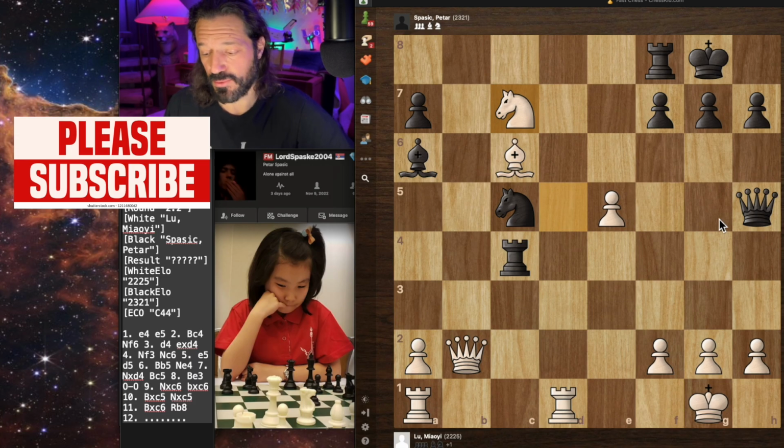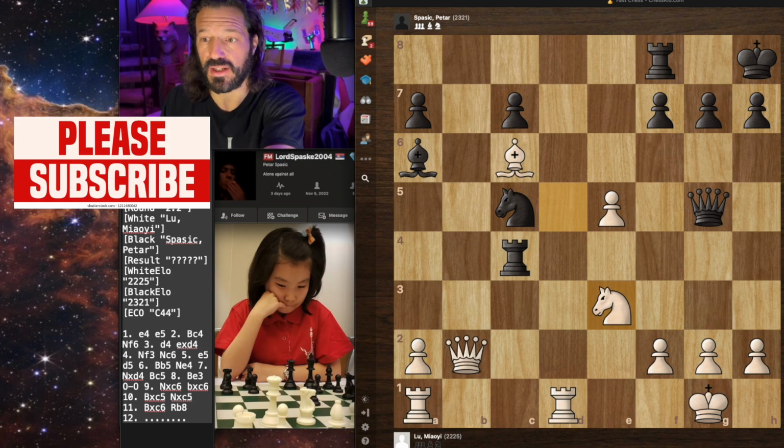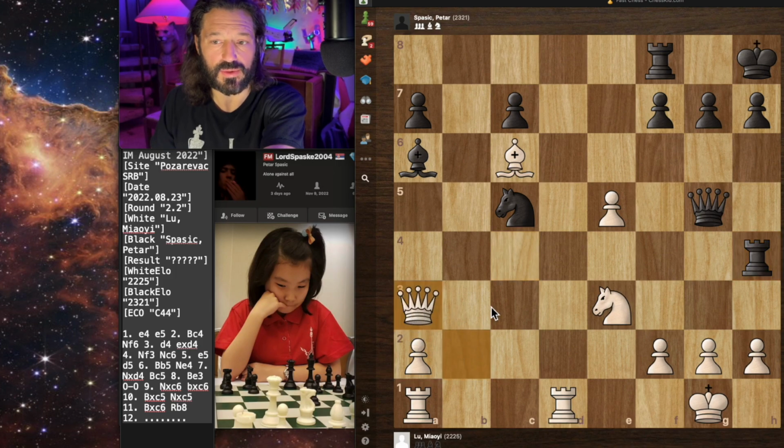Let's go ahead and go back to what actually happened on the board. That was kind of a short variation. So Petar played king to h1, and now Lu Maoyi plays knight to e3, and now Black, the FIDE master, plays rook to h4 here, and that is the best move he could play in the position. And now Lu Maoyi plays queen to a3, attacking the knight here, just putting pressure on the